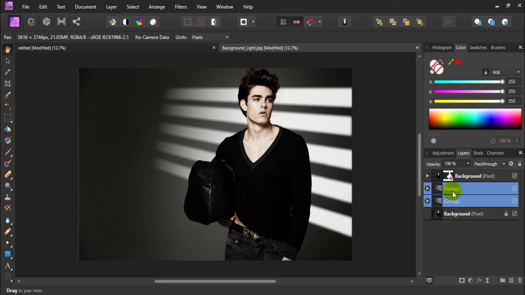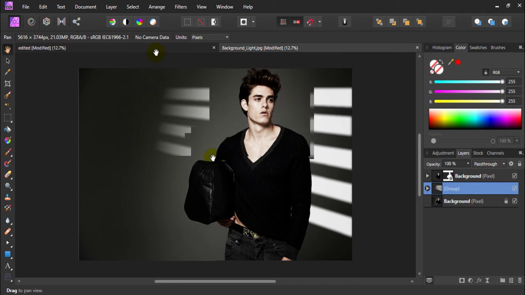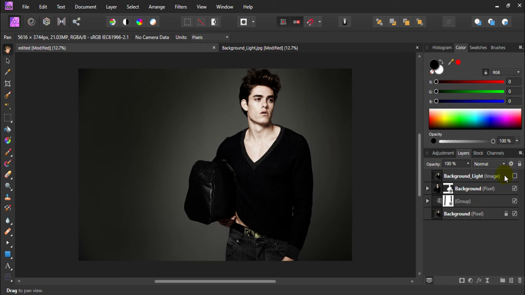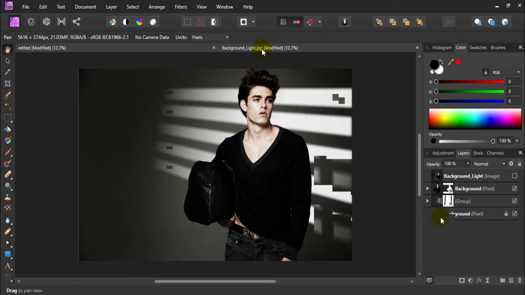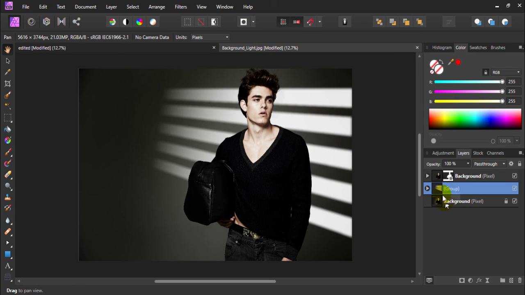So make a group of both separate groups, and as you can see I make a group of this. So there is a lot of grouping and masking coming over here. So when you see the intro, you can see that there is a line between those lights. So how can we do that? In order to do that, just select this group and make a mask.